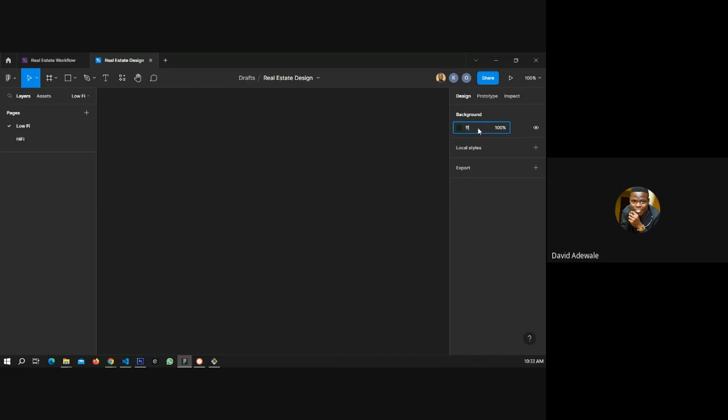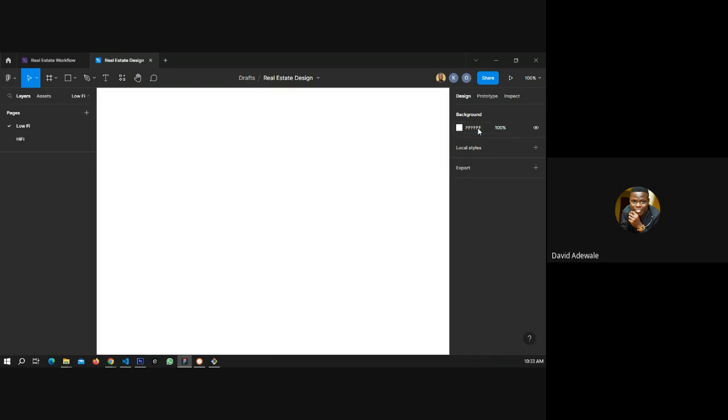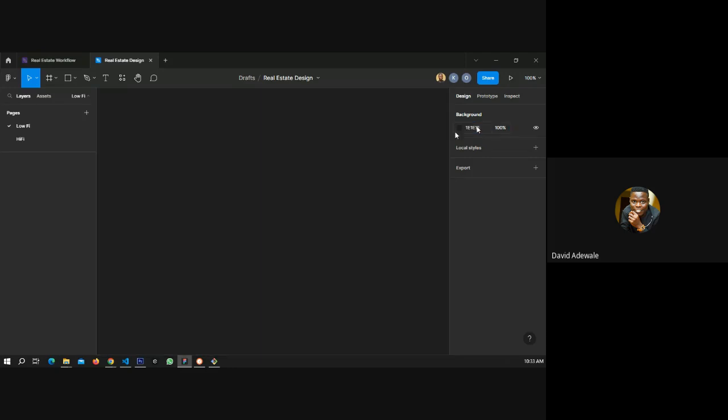I can change it to FFF, and that is white. I guess you understand. So that is what the design panel is all about. Let me just put it back because I do more of night work, so I prefer it like this. And then I can export, I can add local styles, which we are not working on now until we get to our hi-fi.